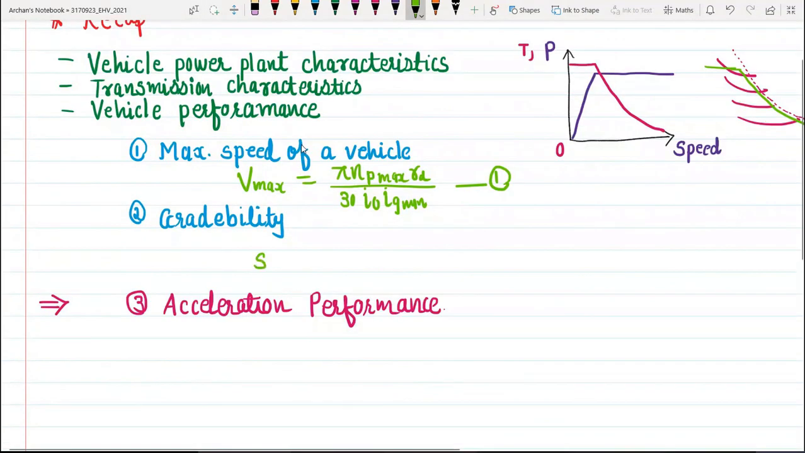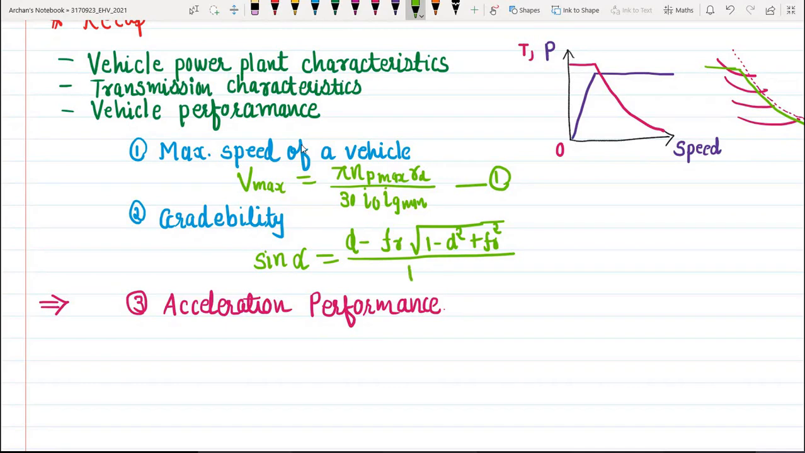It is being given by sin alpha equal to d minus f_r square root of 1 minus d square plus f_r square, over 1 plus f_r square. Okay. So this is the equation with which we will be able to find out the gradability of a vehicle,